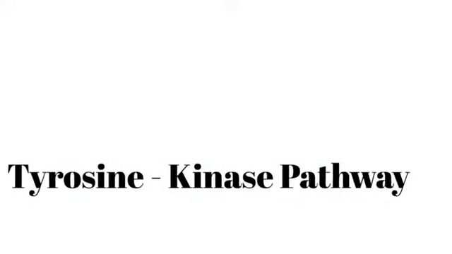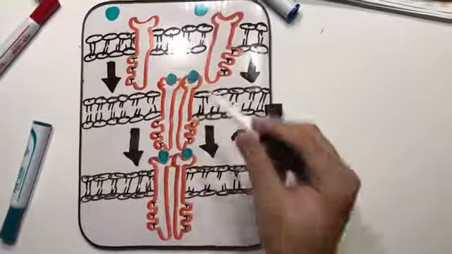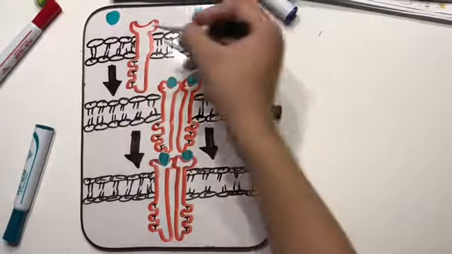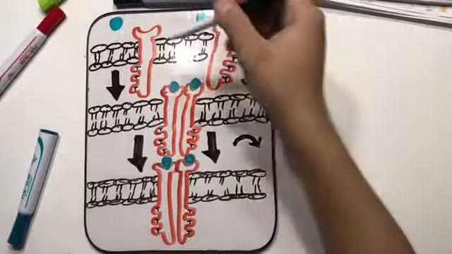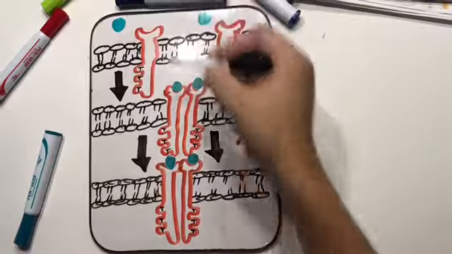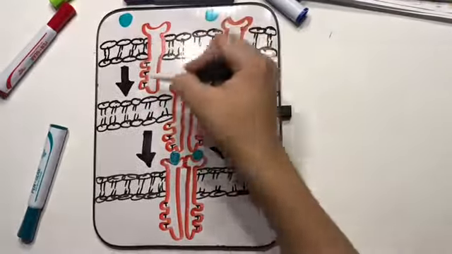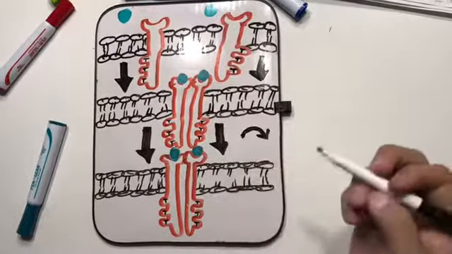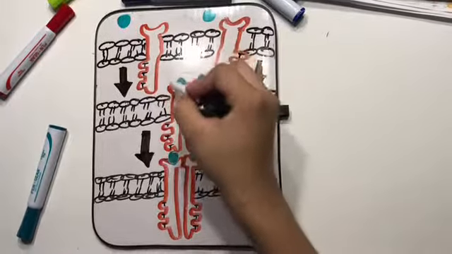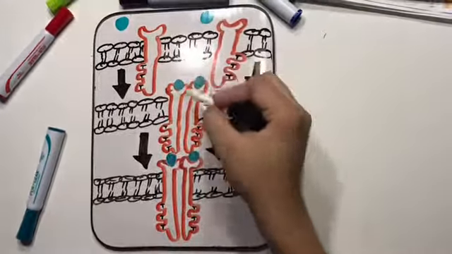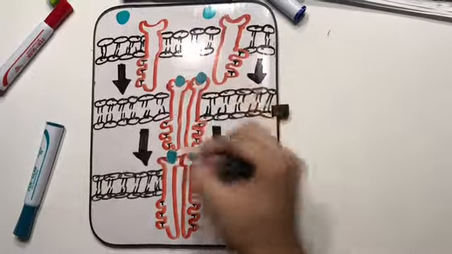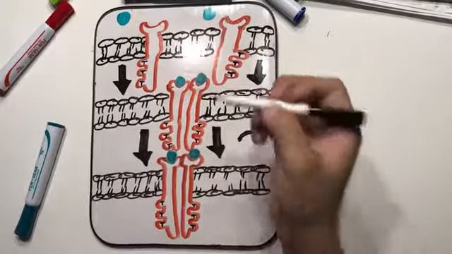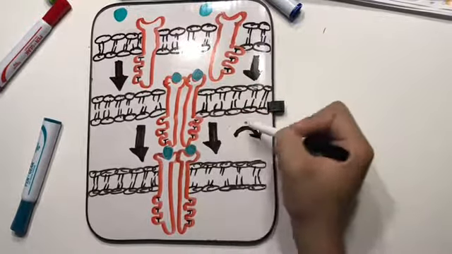Up next, we have the tyrosine kinase pathway. The red figures right here are representing the receptor tyrosine kinase proteins, and the blue bars right here are representing the ligand. The receptors at the moment are monomers and are inactive. Now, what the ligand does, it attaches itself to the top of the receptors, making them into one whole unit, as shown right here in the process, making the one whole unit, also known as a dimer, in a process